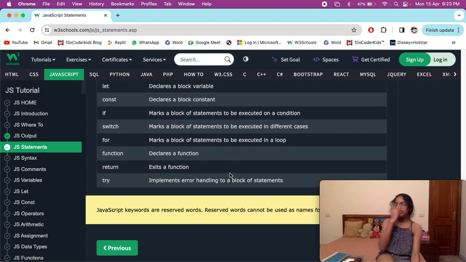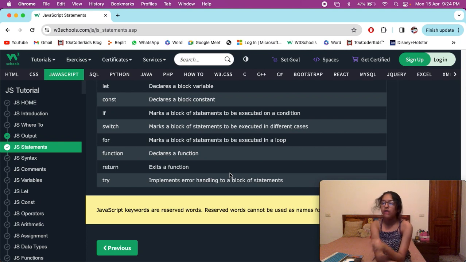Let is to make a variable, const is to make a constant. Variable values can be changed, whereas when you have made a constant, you cannot change its value. If is to make a condition, obviously.